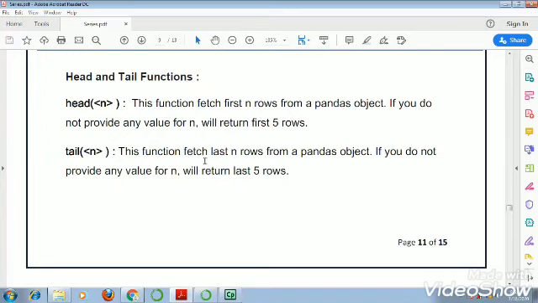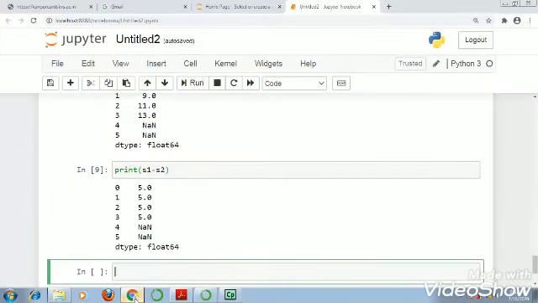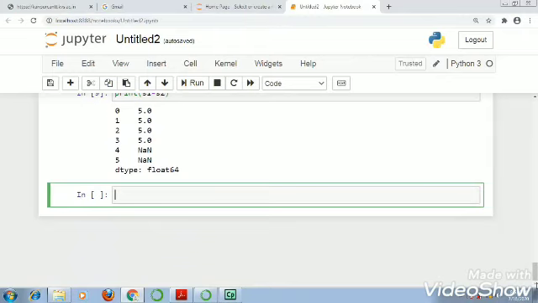Now let's see some examples in our Python pandas. This is our Jupyter notebook. So suppose I am creating a series. Already pandas is imported, so I am not writing import pandas as pd here.